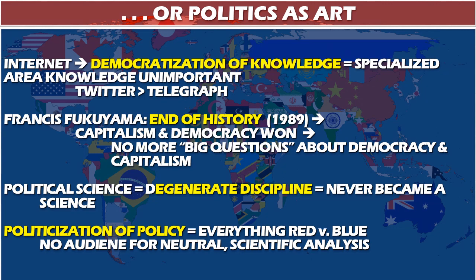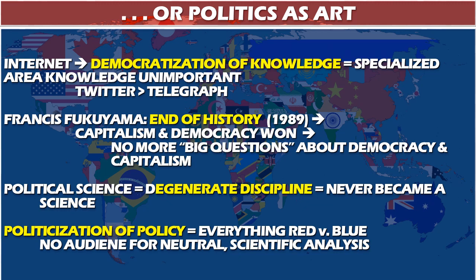However, perhaps we don't really need to know. Political science is a misnomer, and particularly comparative politics might not be as important as it was in the past. The rise of the internet means there's been a democratization of knowledge, which means amateurs know almost as much as experts because, in some senses, if you have a good Twitter feed, you will find out about things just as soon as people who are area experts. They know only a little bit more than you. And so specialized knowledge of different areas of the world is not as important now as it was in the past. We're not working with the communications of the Telegraph Society. We are in a Twitter world where things are instantaneous, and you can go to the internet and find pretty good material on different areas of the world.